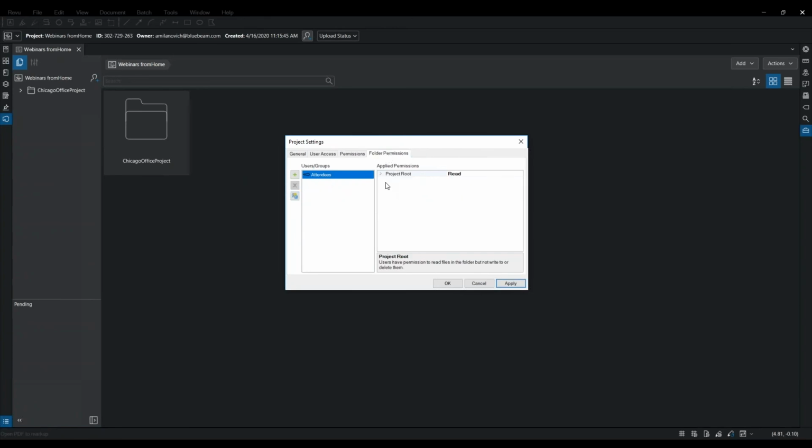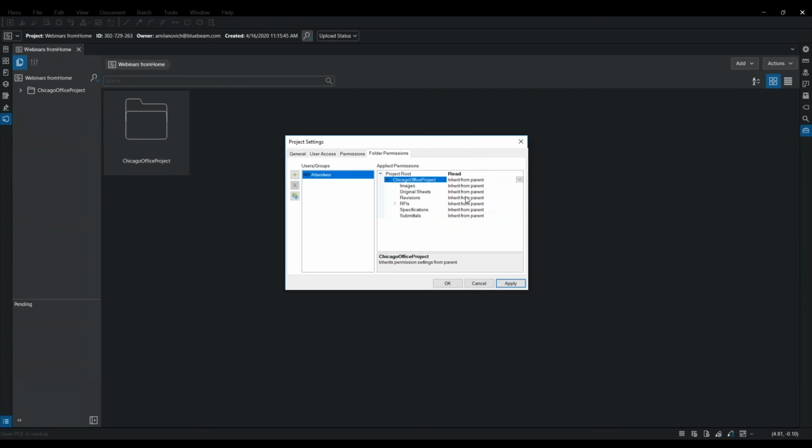Now, folder permissions is something I actually really like. This is going to be able to let you know who has control over what folders. So I have several folders that I've uploaded and added here. If I choose this drop-down option, I'm going to be able to see all of the different folders that I actually have here. What this option of inherit from parent means is it's going to take on whatever the status above it is. So right now it's currently set to a read status only. That means that all of these other options will just take on whatever is before it, that inherit from parent, that option just above it.